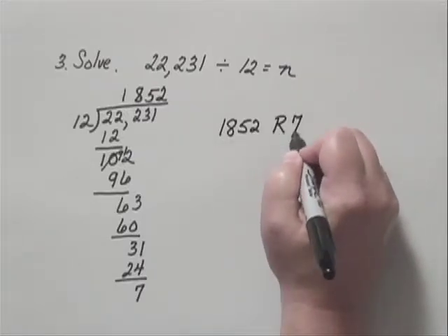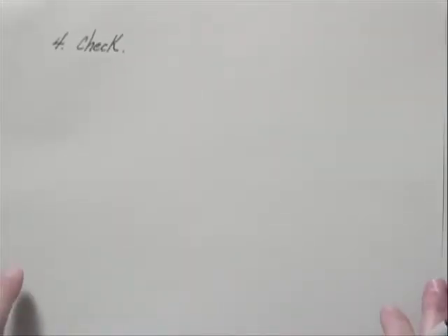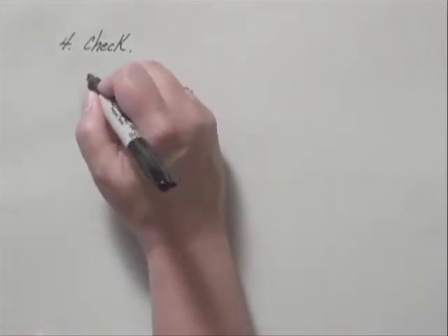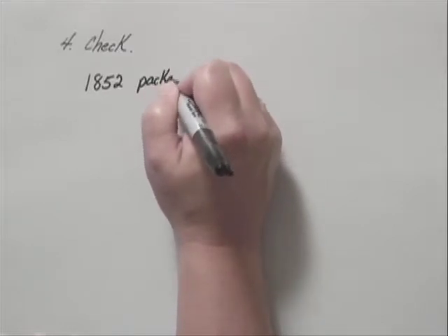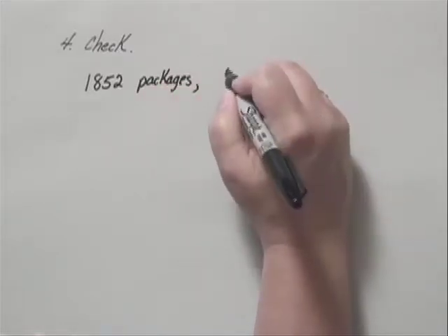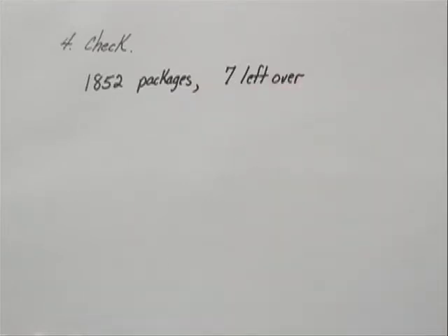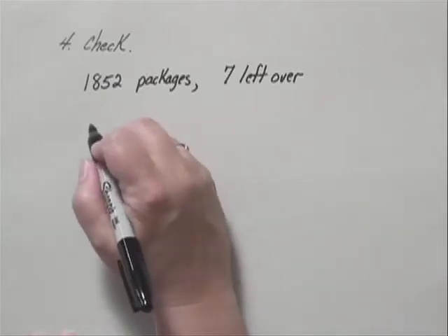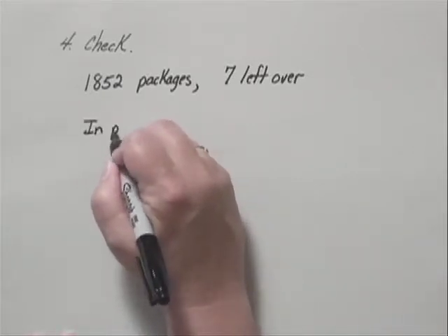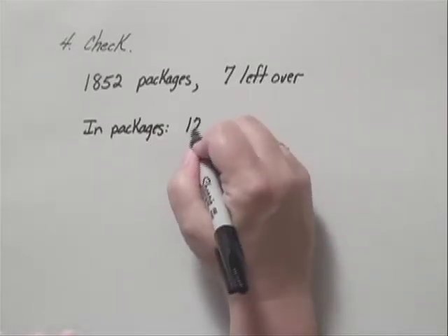remainder 7. Now in the fourth step, which is check, we need to think what that number actually means. Well, that would mean that we would have 1,852 packages that we could make and 7 left over. Does that check? Well, in the packages, how many cakes would there be? In the packages, we would have 12 times